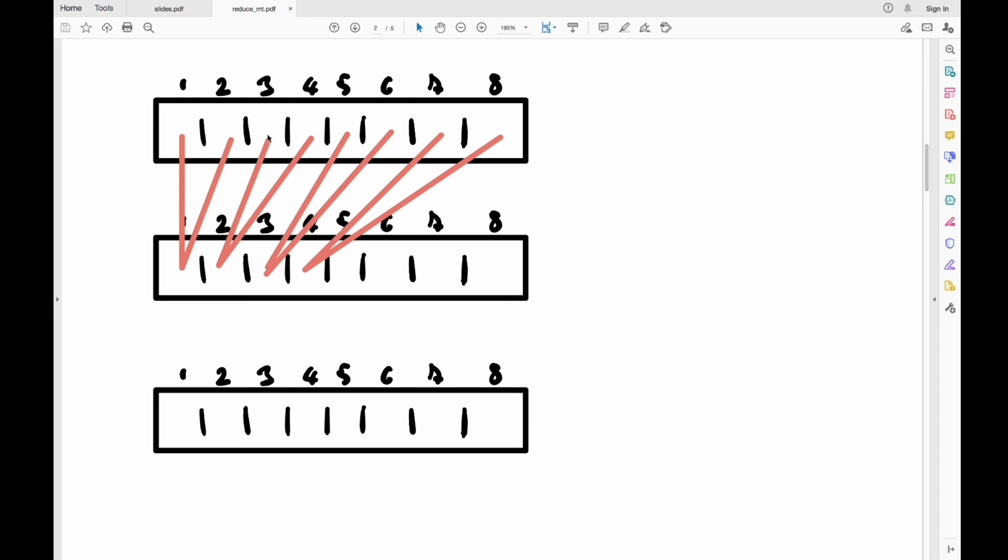For example, this memory address 3 here is being read from, and at the same time, another processor, processor number 2, potentially writes to this address when we're not performing lockstep. And the same thing happens down the hierarchy until we have reduced the array. There's a very simple memory access pattern that we can use to resolve those potential data races, and that